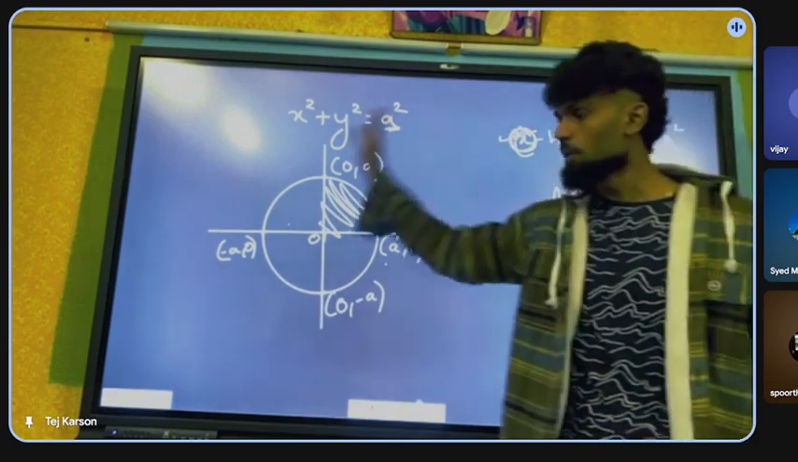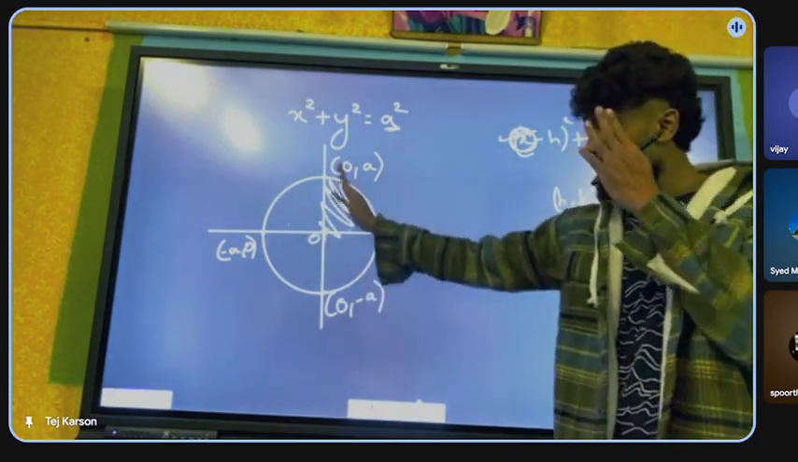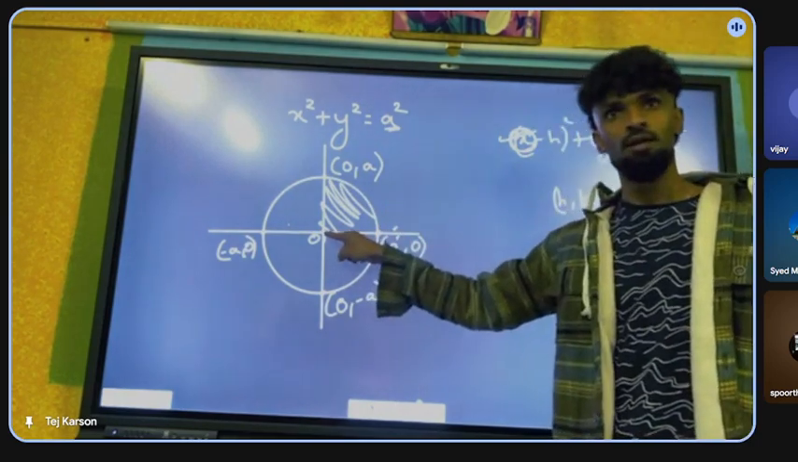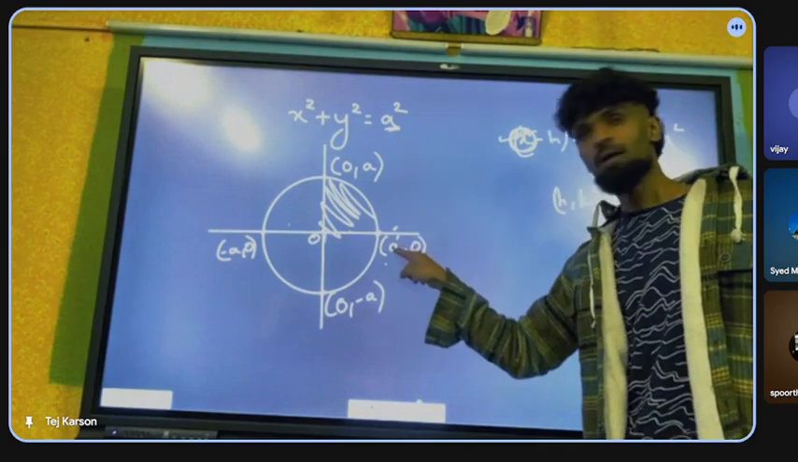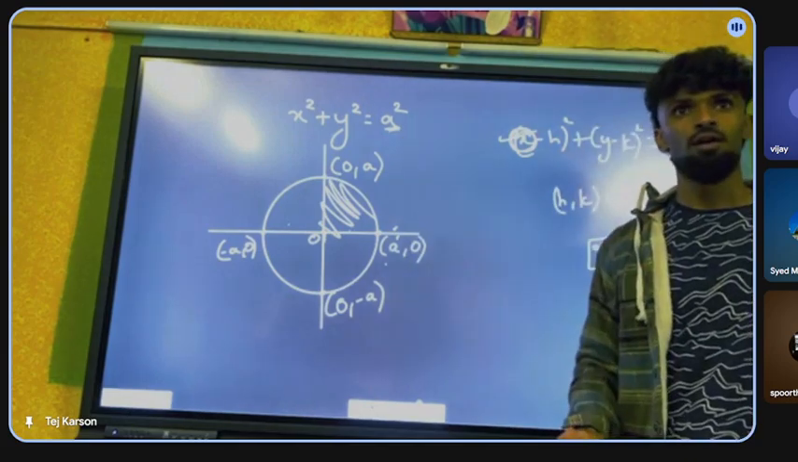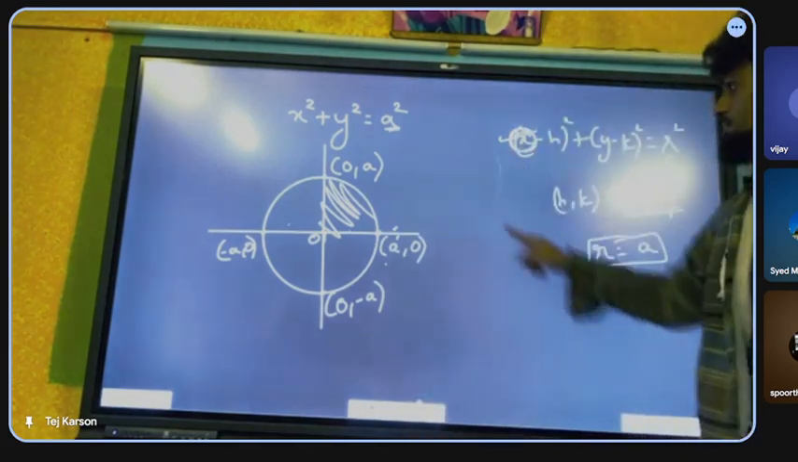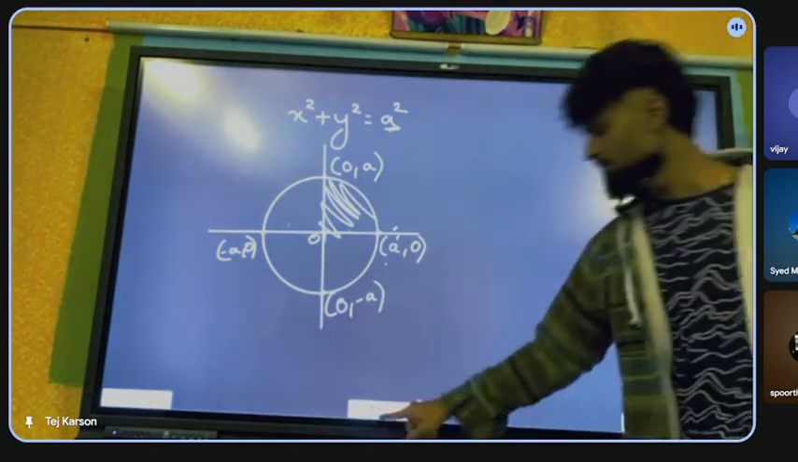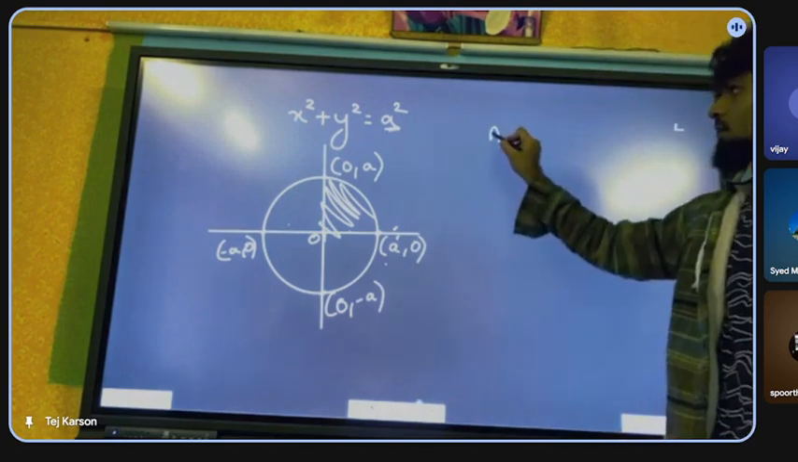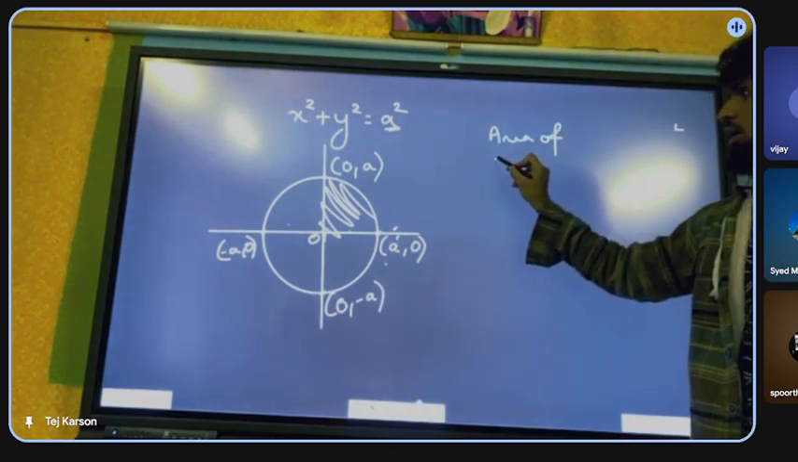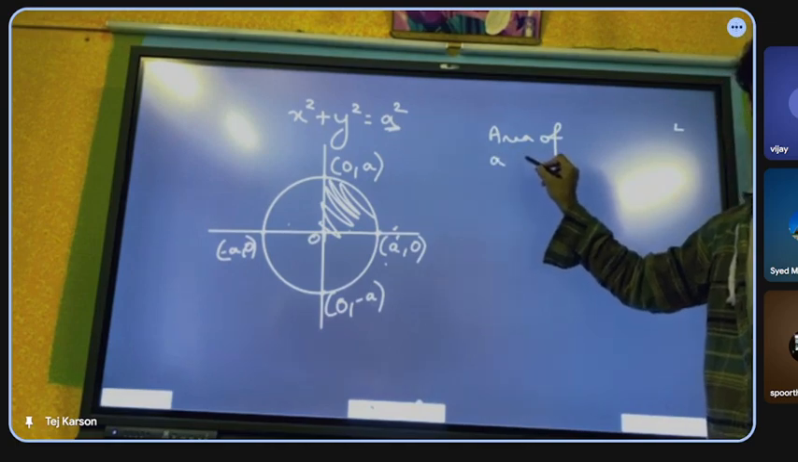So ignore the complete circle. Only focus on this portion of the circle. I can see 0. Correct? This extreme is going up to A. This extreme also is going up to A. Any doubts there? Correct? Focus on it. Here, help me frame the question. Area of a quadrant of a circle. Quadrant